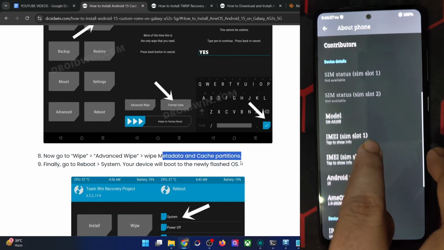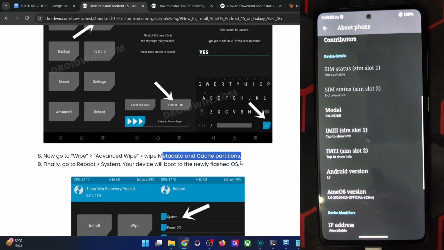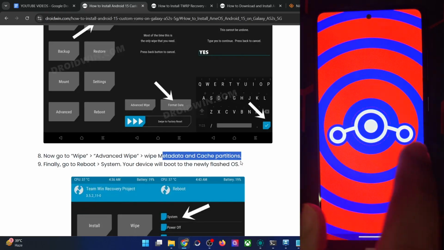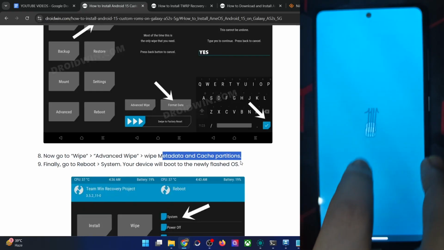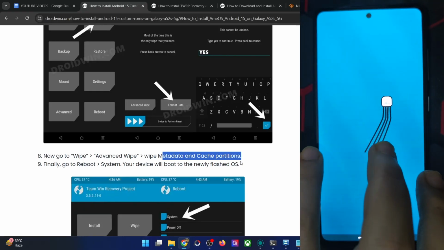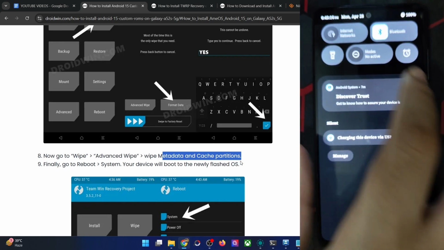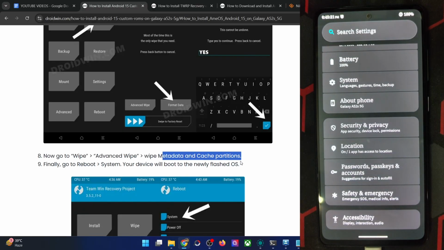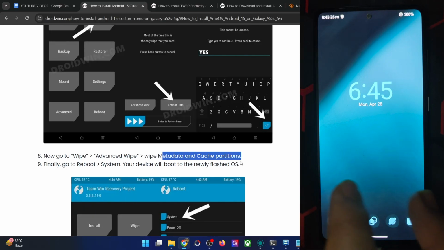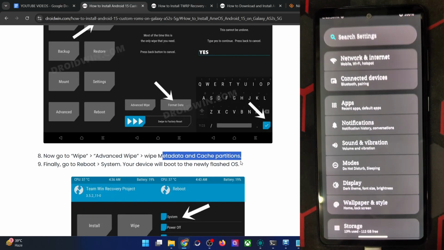And for the initial experience, this ROM is mostly based on LineageOS, but with a few additional tweaks. This is also LineageOS, the hidden experience, and you will play this game as well. So guys, it's all based on LineageOS with just a few minor tweaks. For example, you get new QS tiles over here, which is somewhat different from LineageOS, but apart from that, all the features are the same. You get a couple of new wallpapers as well, but that's just about it. There is nothing much different, but the ROM is quite smooth and fast and snappy.